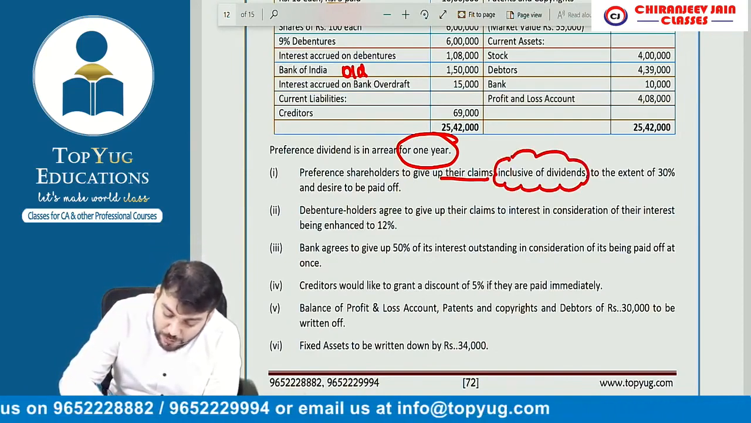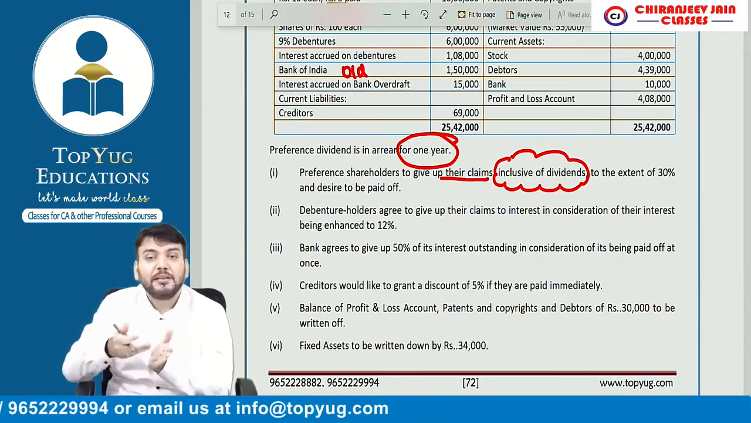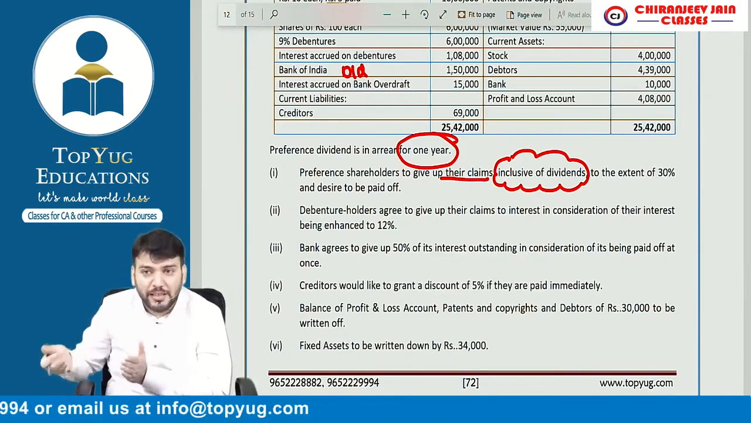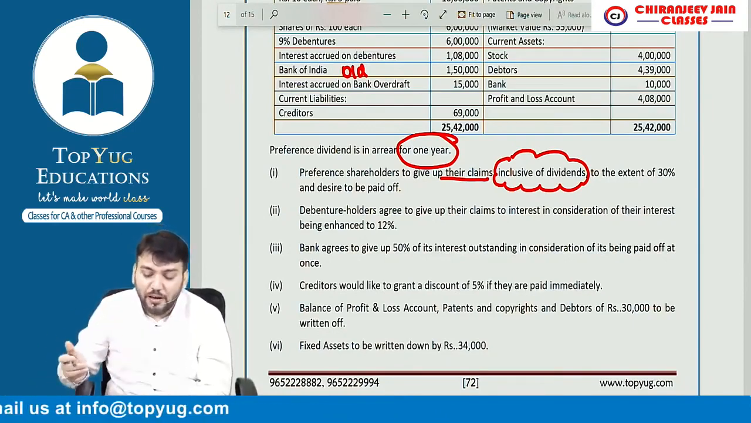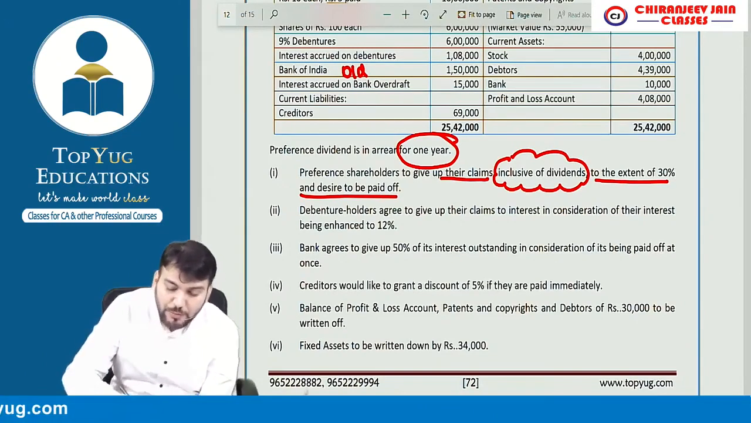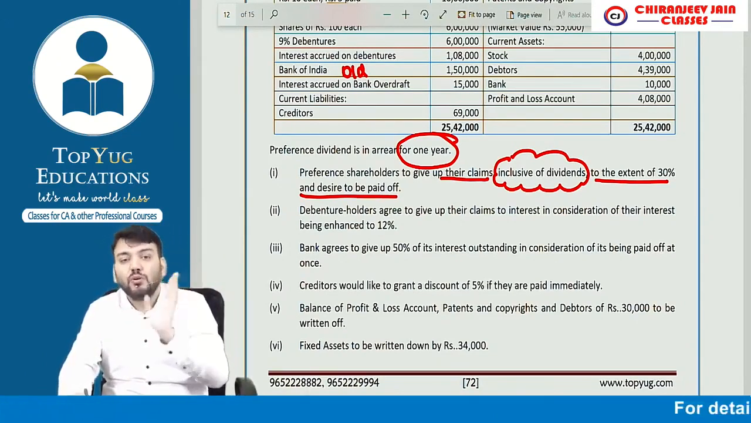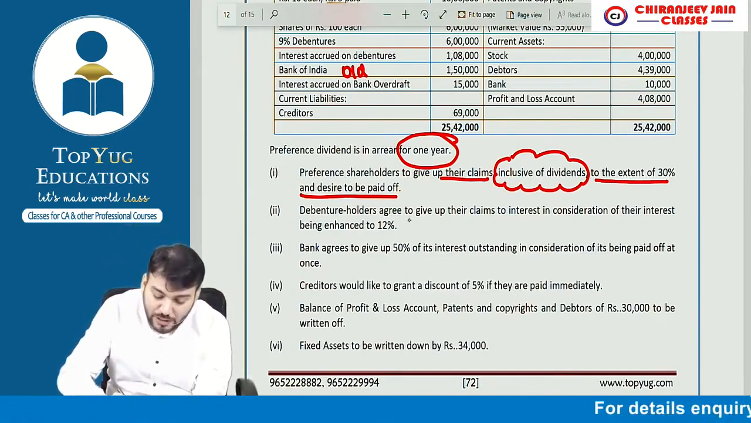ना, it will be always inclusive of dividend. Claim मतलब क्या होता है, उनका सारा claim for capital and claim for dividend to the extent of 30% and desired to be paid off. बोला कि 30% कम कर दो, बाकी का अभी पेमेंट कर दो, ओके सर।